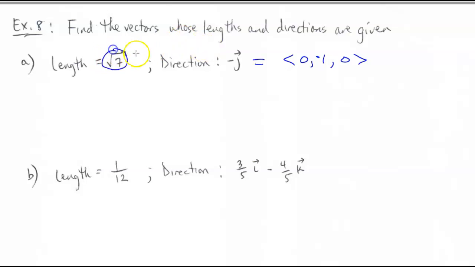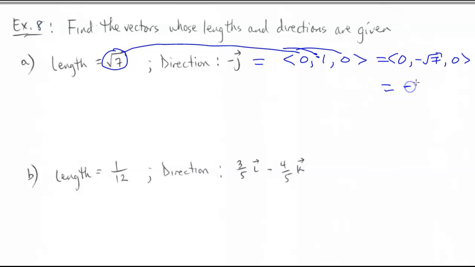And so here, if I just multiply square root of 7 times all 3 terms here, all I'll get is this. And of course, what this really is, if we want to write it in algebraic terms, is just going to be a negative square root of 7 in the j direction. Okay. So we could have simply written this